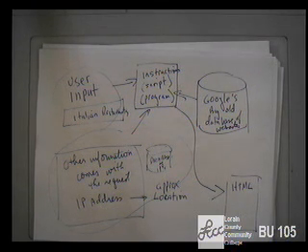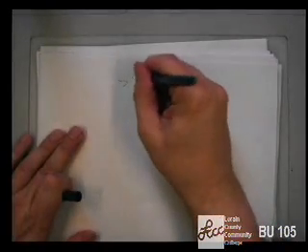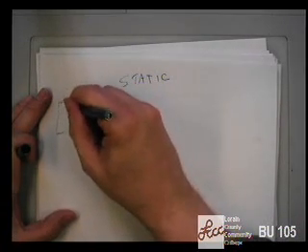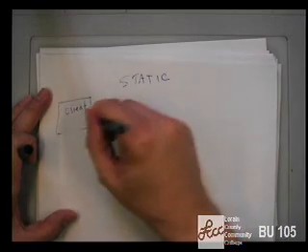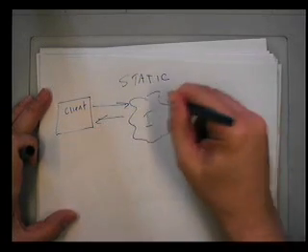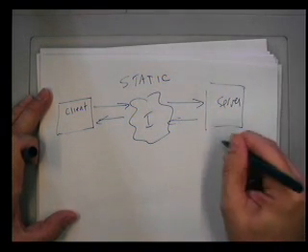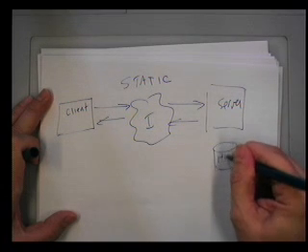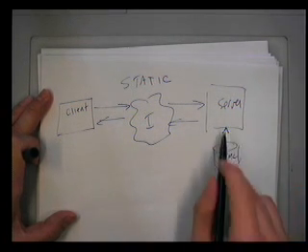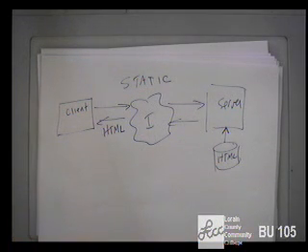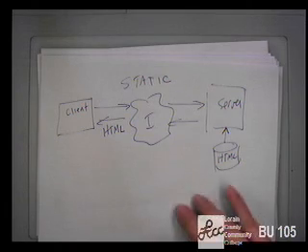Now, here's an important thing to notice. Static pages look like this. The client makes a request through the internet. The request gets to the server. The server finds the HTML document and sends it to the client, just like the server at McDonald's grabs a Big Mac and gives it to the customer. In the case of dynamic pages,